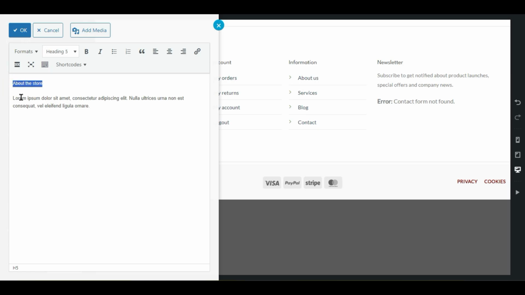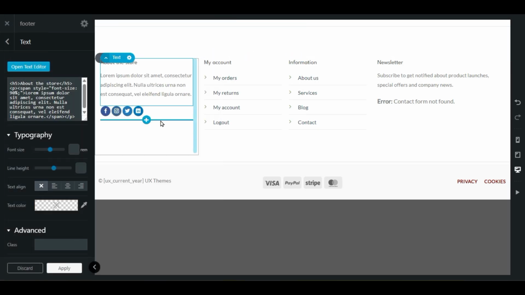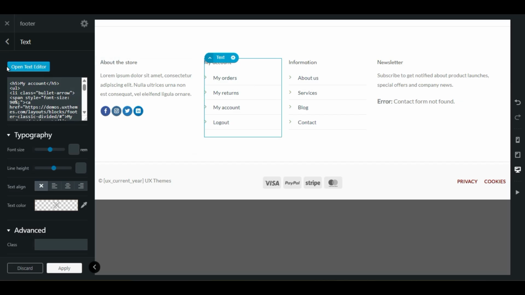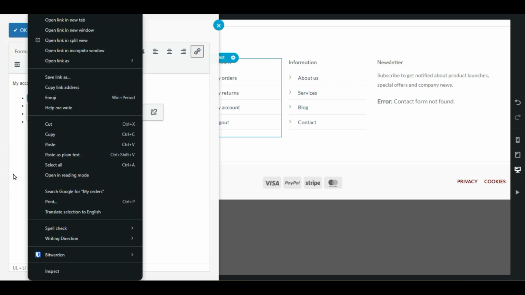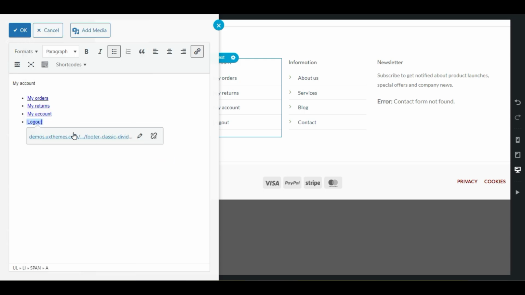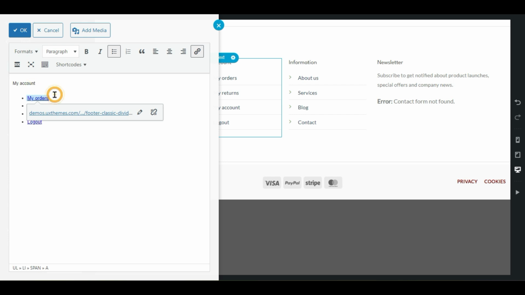This is very easy to change everything here instead of each element. You can do it one time. Our account, my order, these are the menu. Click on it, open text editor, and here you can change these options like my order. Okay, you can duplicate it if you want, or you can step down. For example, log out. Let me add one page, one item,